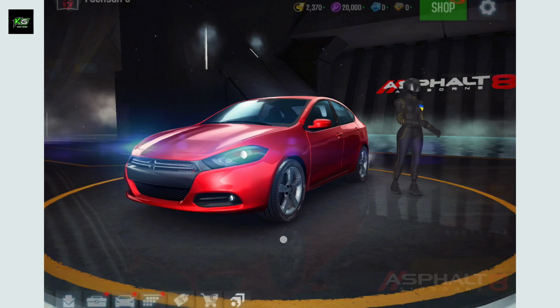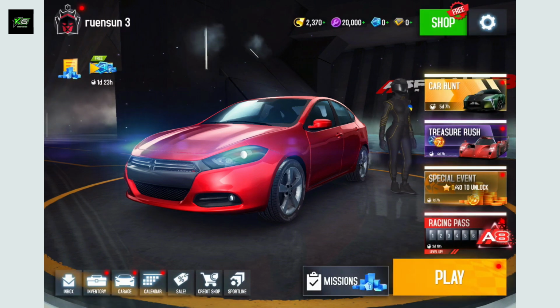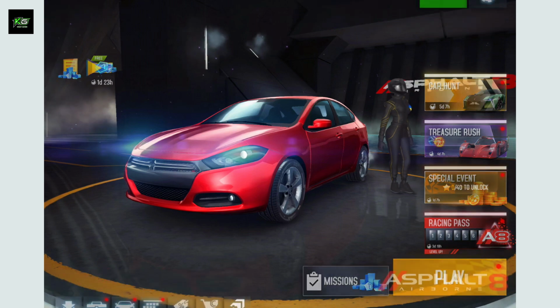First of all, launch Asphalt 8 on your device and wait for the game to load completely. Once you're inside the main lobby screen, also make sure that you're signed into your account. Make sure to sign in with the account that you originally used to make your purchase, and once you do that,